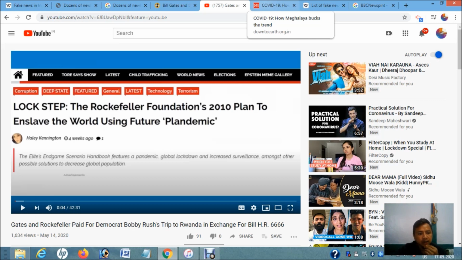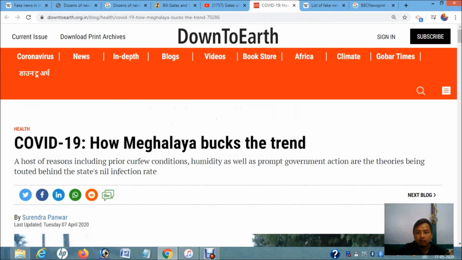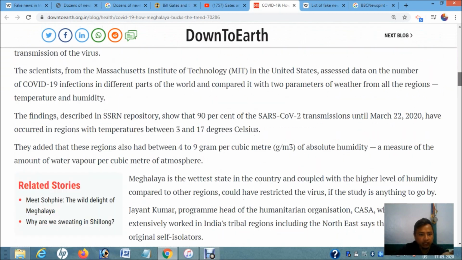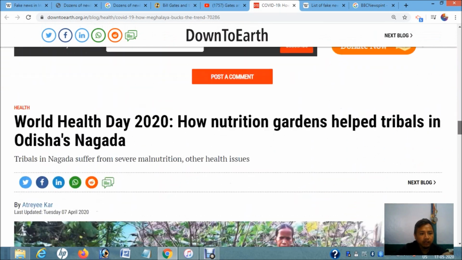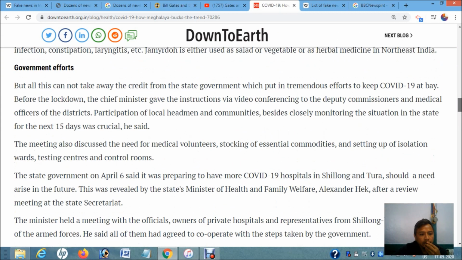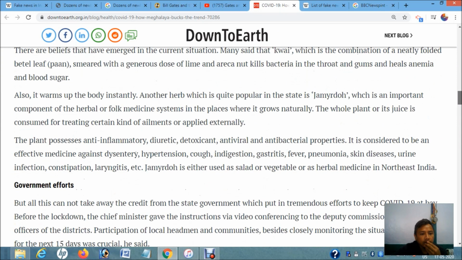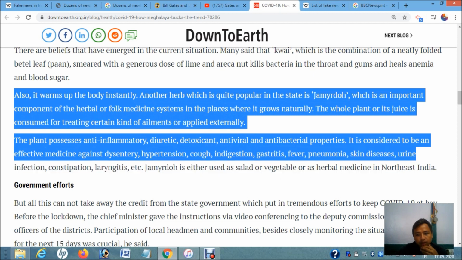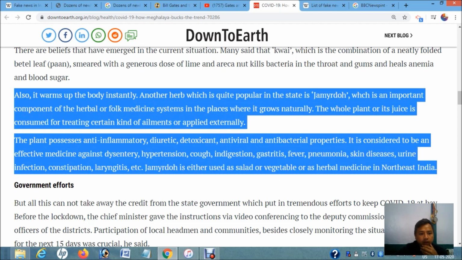Another news that happens to come from a belief system, for example in Meghalaya, if you look at the trending news during COVID-19, here you will find some reported by Down to Earth. Down to Earth is a reliable news source, by the way. It does not report fake news. I do not endorse Down to Earth, but it is a reliable source.